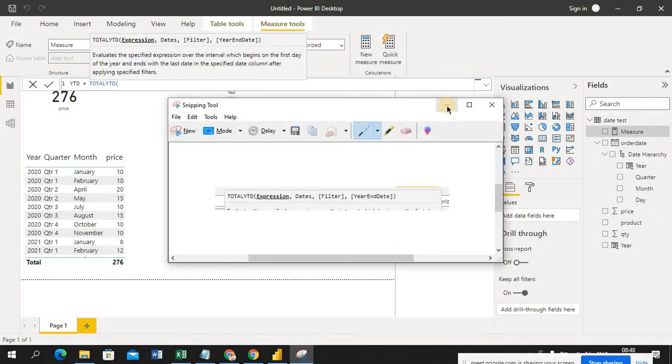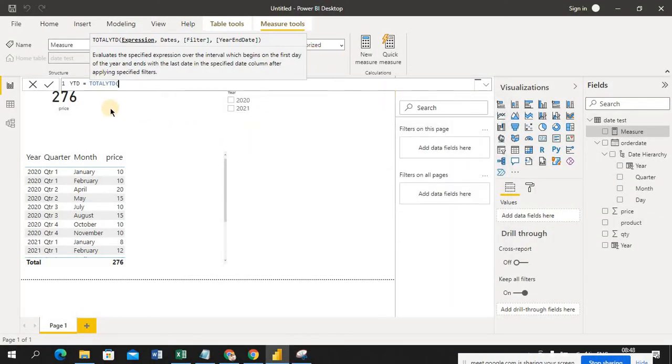See what I'm trying to do, I'm trying to get YTD sales. Okay, total YTD. So when I write YTD here, it provides a hint of how it should look. First it expects an expression, after that dates, after that filter, after that year end.